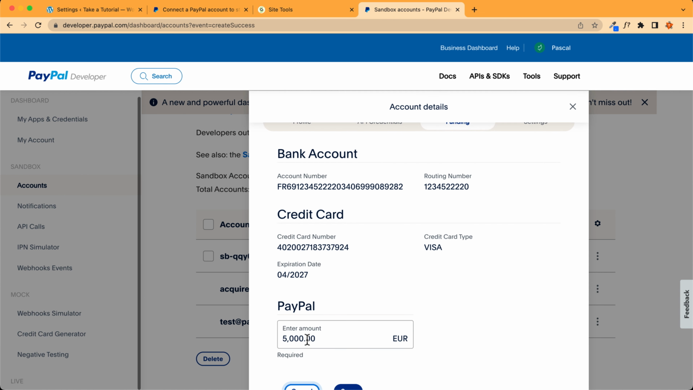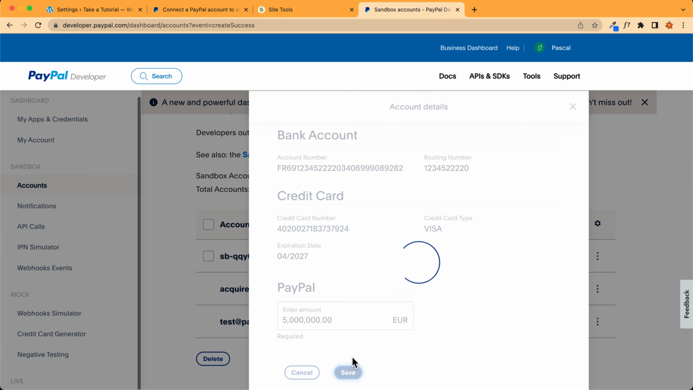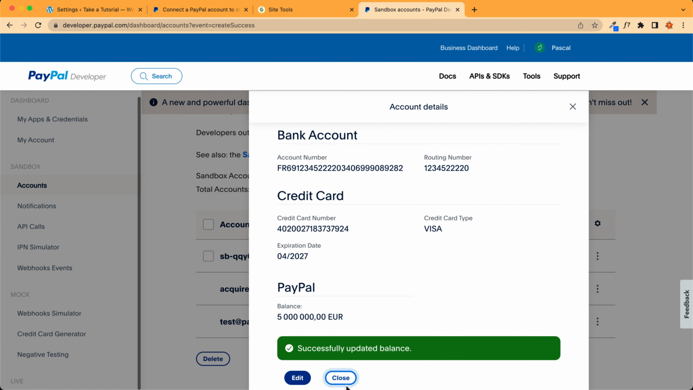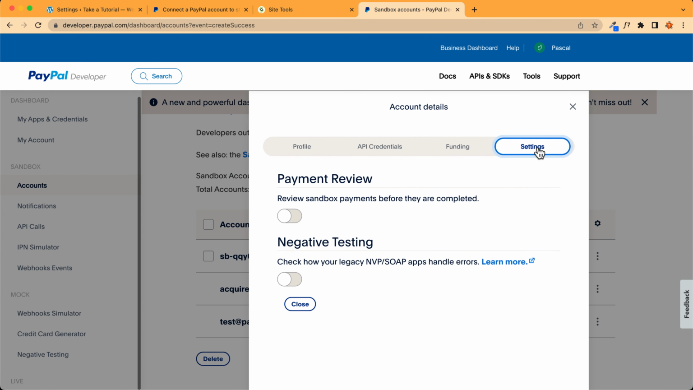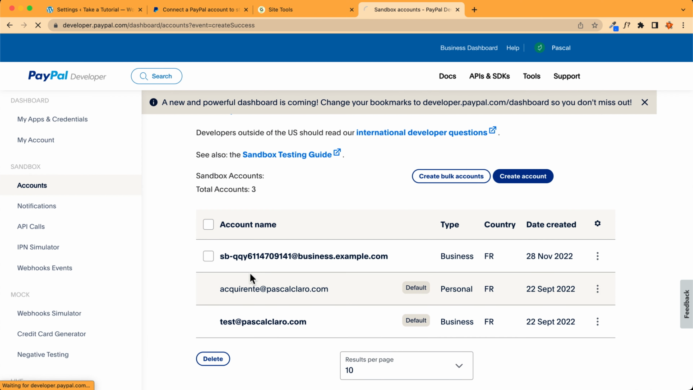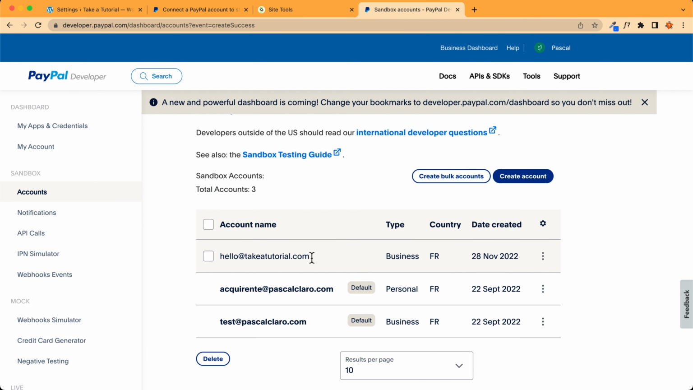We don't need them at the moment, but if you need them, you can copy them. Funding here we can just say we have 5 million euros, which is more or less $5 million. Yeah, that's very, very interesting. It's easy to make money. You just need to go here and change the numbers, and that's it. Okay, here we can just refresh the page. And the email we will use to test and to connect our account is this one,